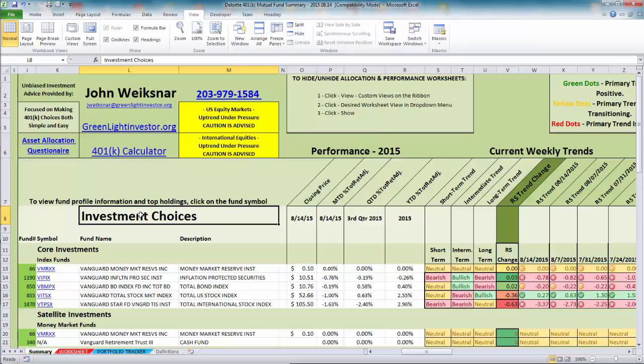And with that said, that's what I've got for this week. I hope it's been helpful and gives you some ideas and some resources for managing your 401k choices. If you'd like to find out more about how the GreenLight Investor can help you make sense of your 401k investment allocations, simply visit our website at